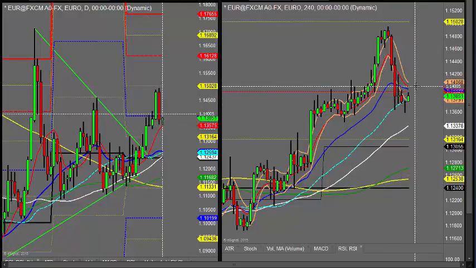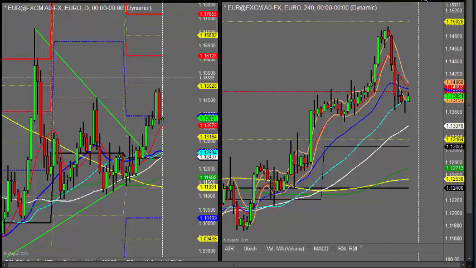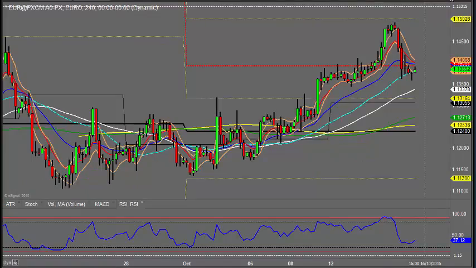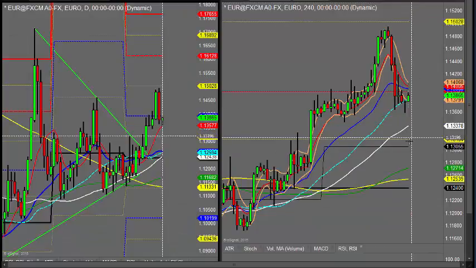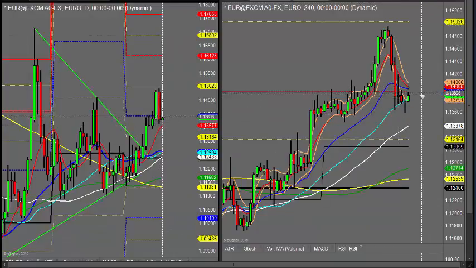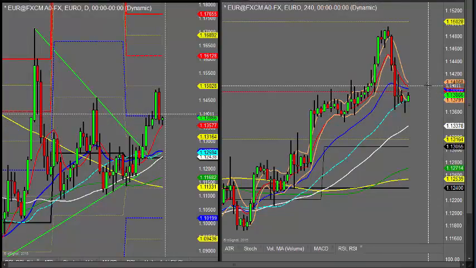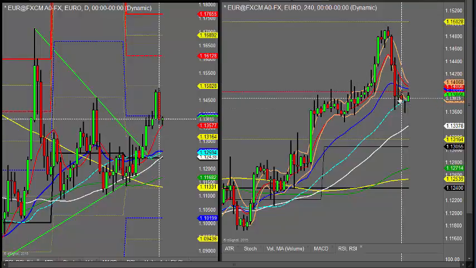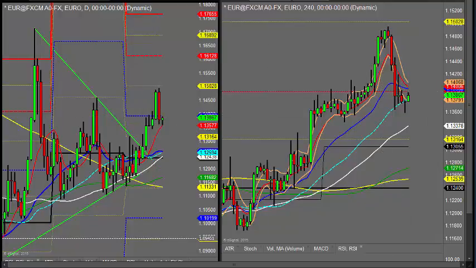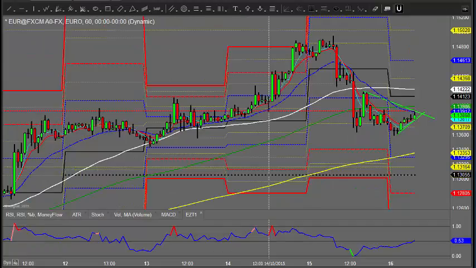At the moment it looks like we've got a bit of a, let's just go on to a 4 hourly here. No, it's not diverging. It looks like maybe diverging on the hourlies. We'll have a look at that in a moment, but certainly got the potential for it to rally up a little bit here. It's just putting in a little bullish shorter term move here. It doesn't mean it'll end up as a positive day altogether.